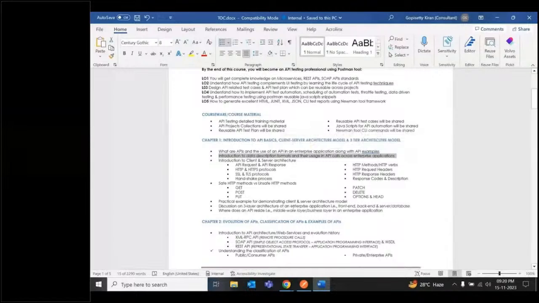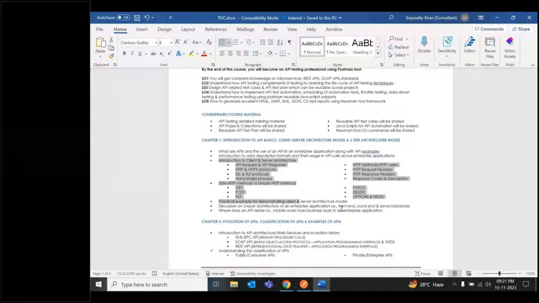Apart from this, we will also try to understand what exactly is a client and a server, and how the client and server architecture looks like when you're testing APIs for functional testing or performance testing or security testing. So this client and server discussion would be pretty much interesting. It would go at least for 1 hour, where we'll talk about what is a request, what is a response,